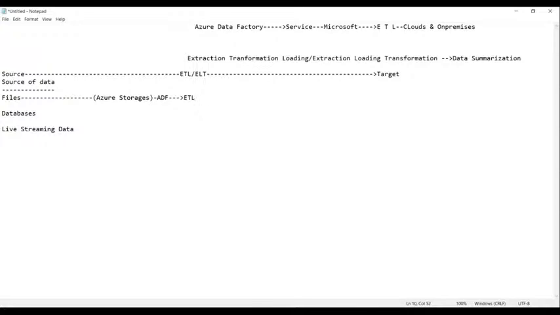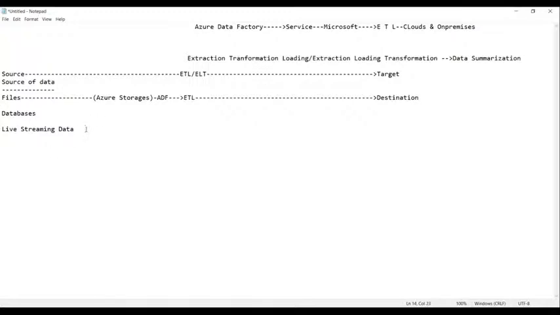And once the extraction, transformation, and loading process has taken place, the data will be sent to the destination after the process is completed. And destination is ultimately a place where we want to store the summarized data. A place where we want to store the summarized data is called a destination. Whereas,